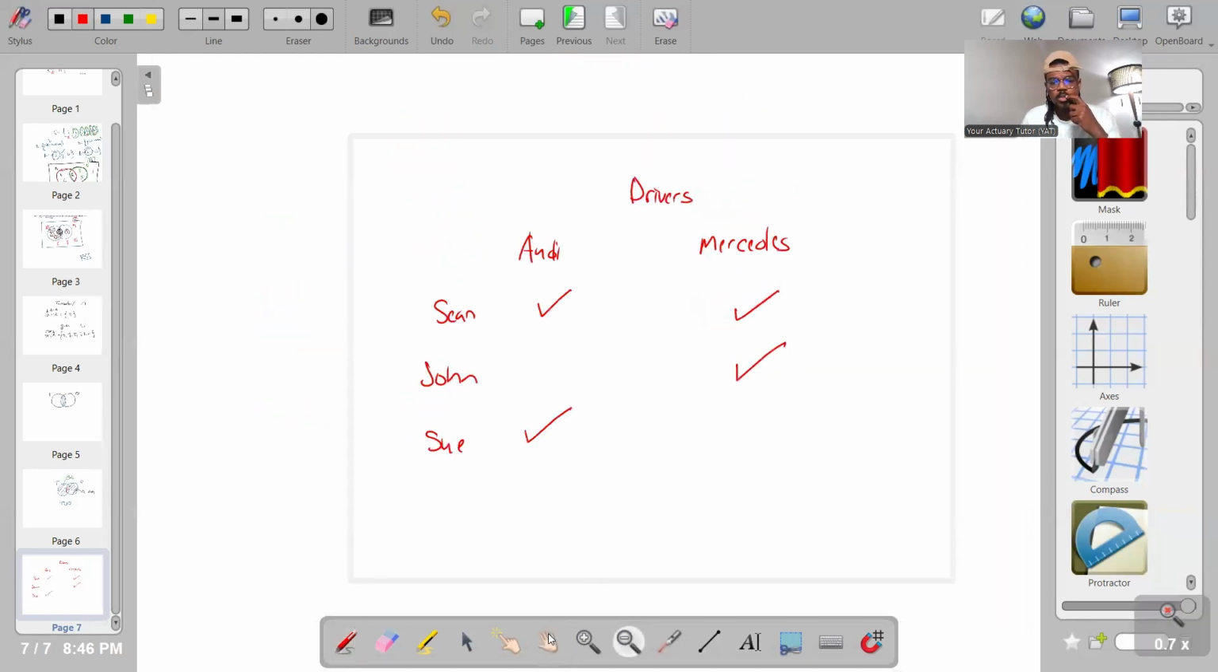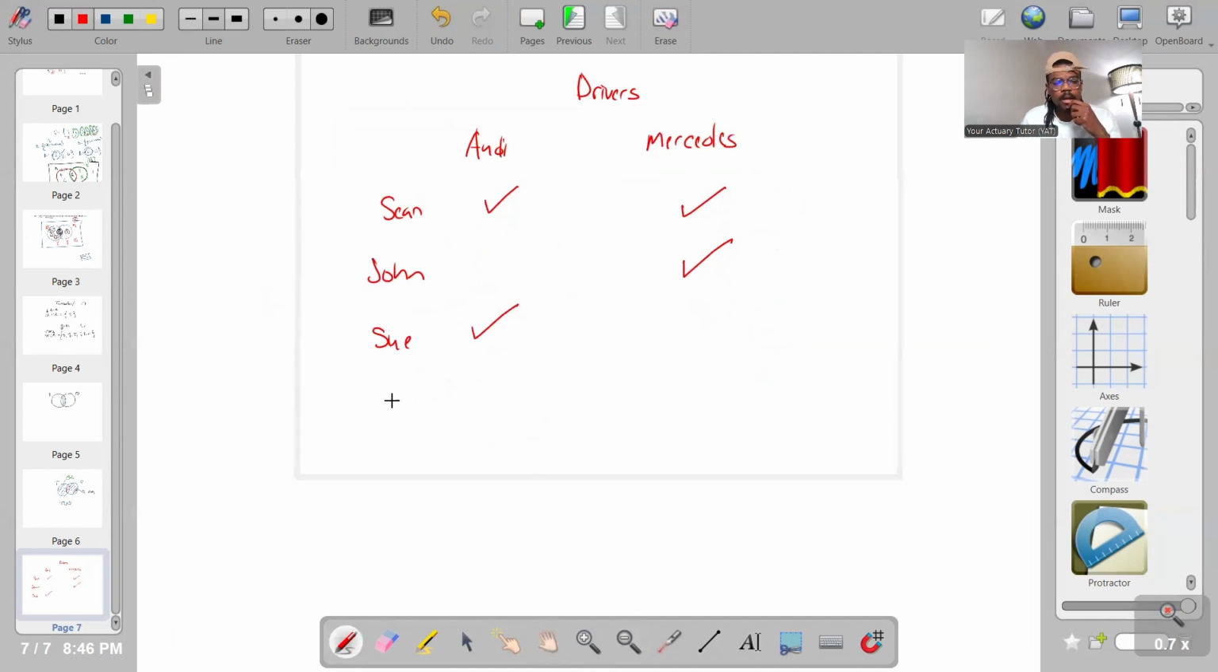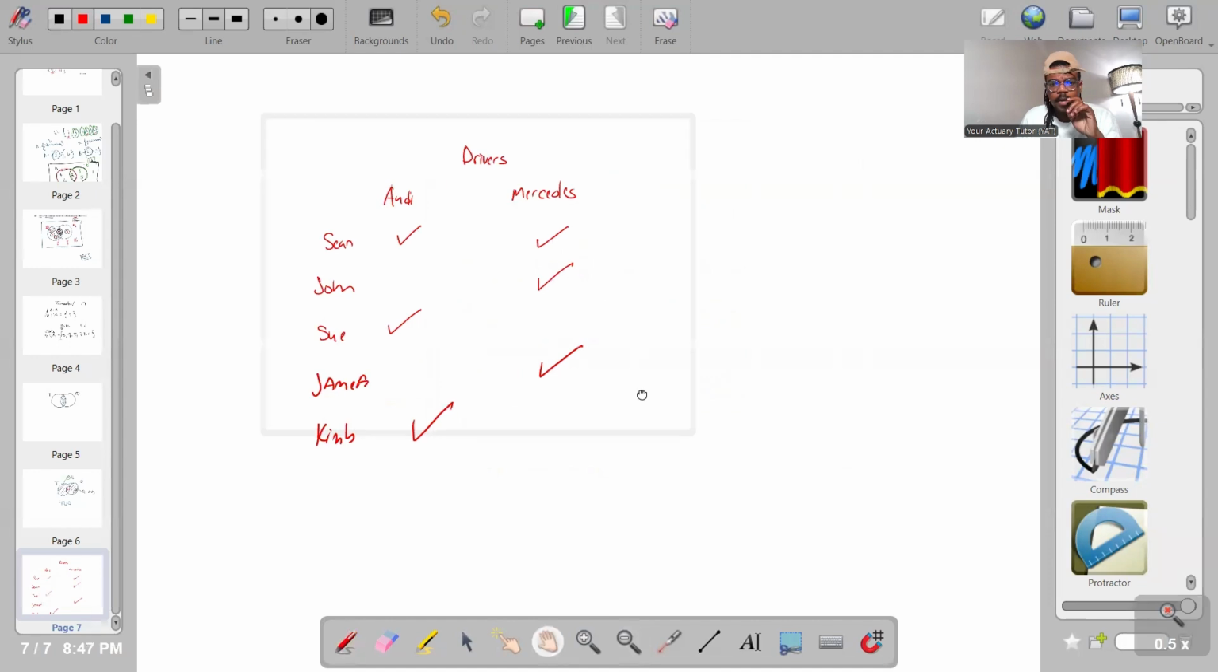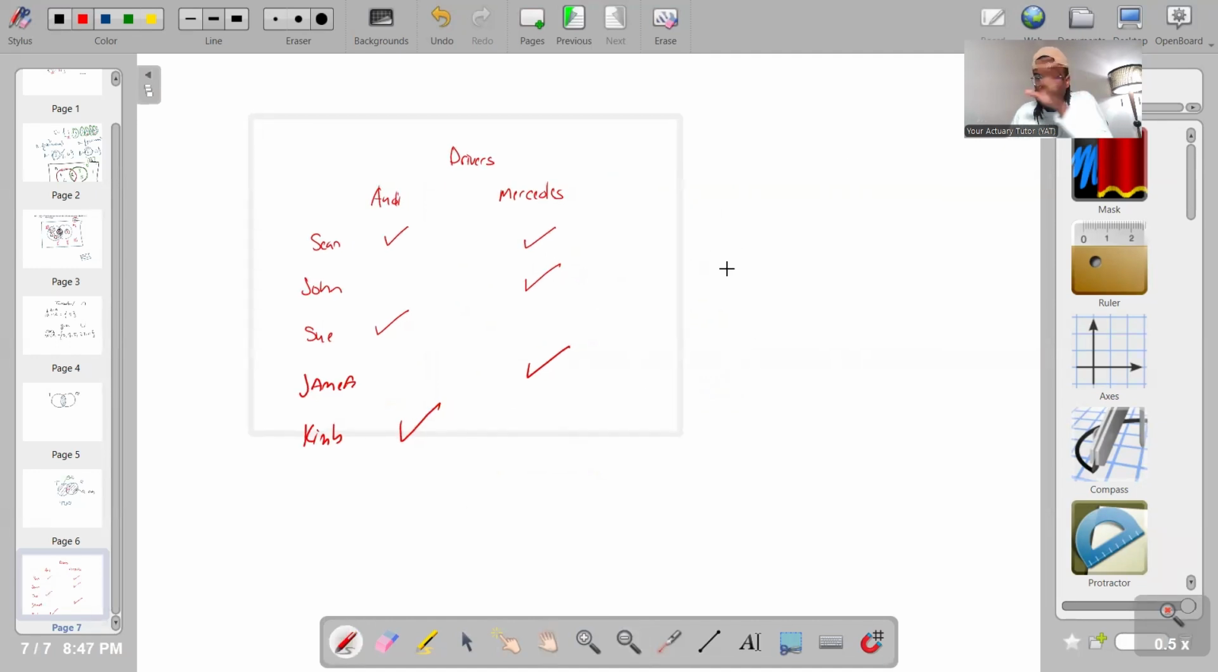Let's do 2 more people. James has a Mercedes. We need to balance it, that's too much. Kimberly has an Audi. That sounds good, everybody? How many people are there? We have 5 people. Now, if I were going to draw this visually in a Venn diagram,